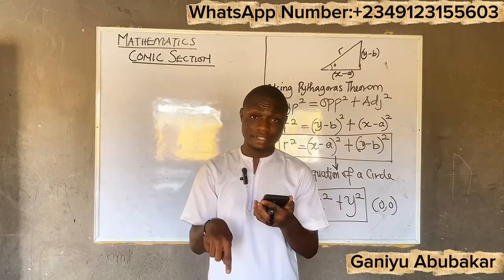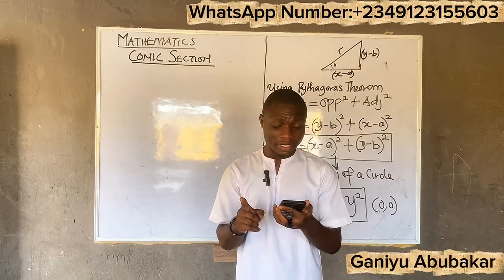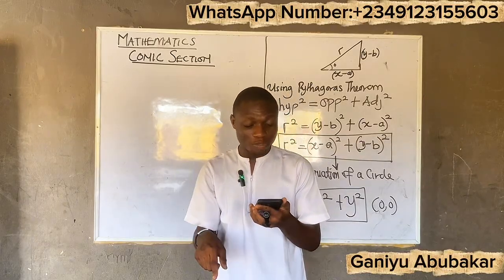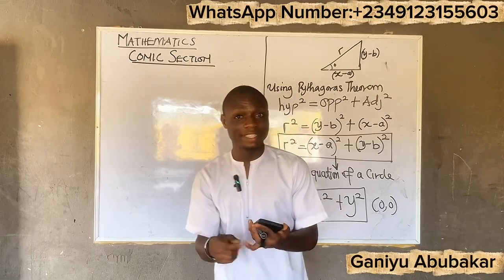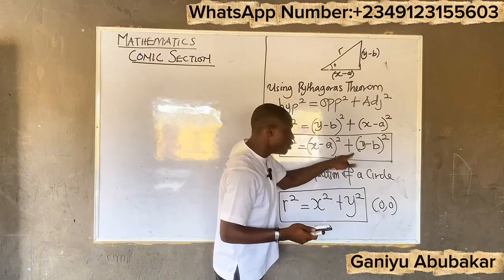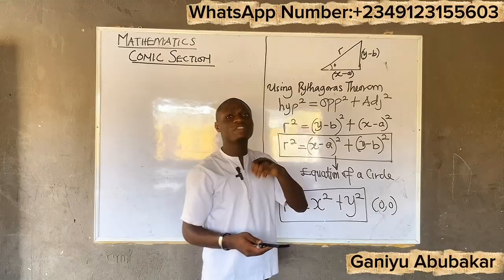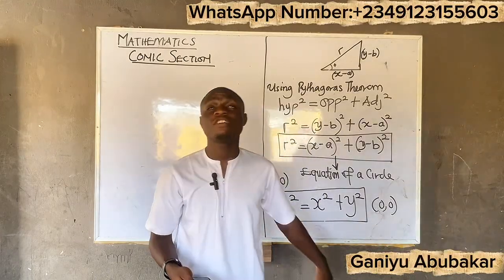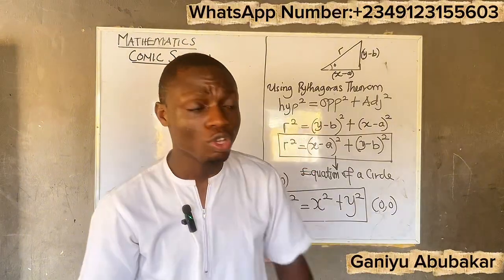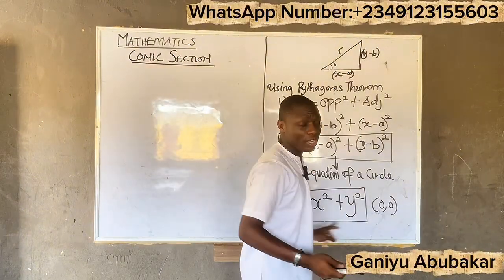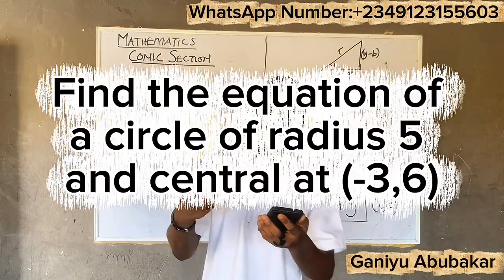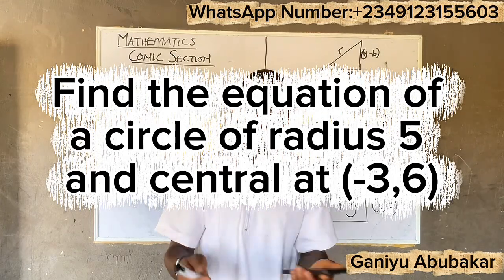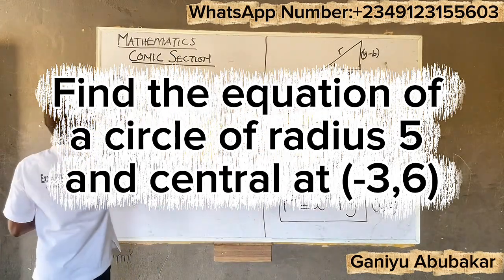You can see this question. They gave us the center as minus 3, 6. So whenever you're given a center point, use this expression. If you're not given a center point, use this expression here, or perhaps if your center point is 0, 0, use this expression. In this case, it says find the equation of a circle of radius 5. So in this question, example 1,